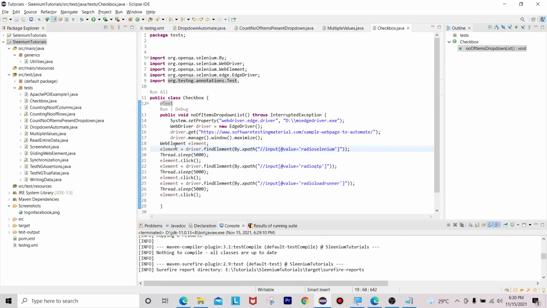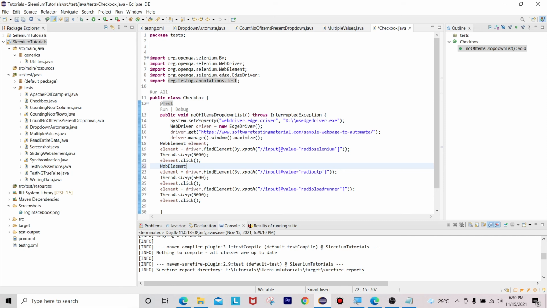So now what I'm going to do here, WebElement ele. We'll try with a different web element object reference, and for the last one, WebElement ele.click.